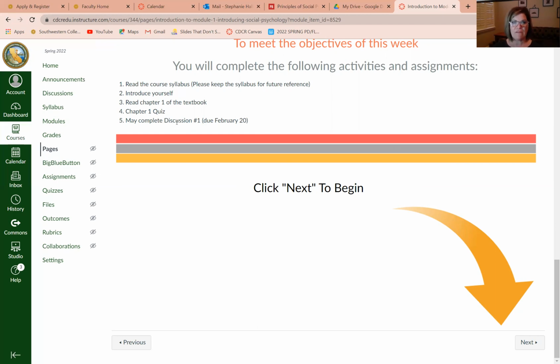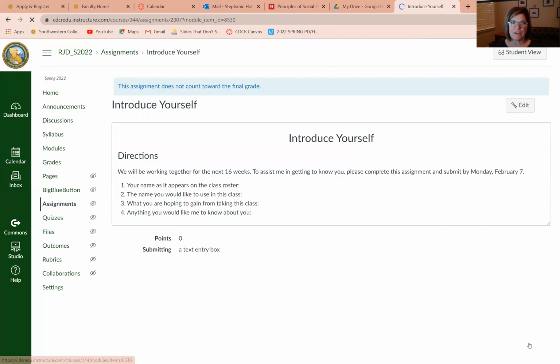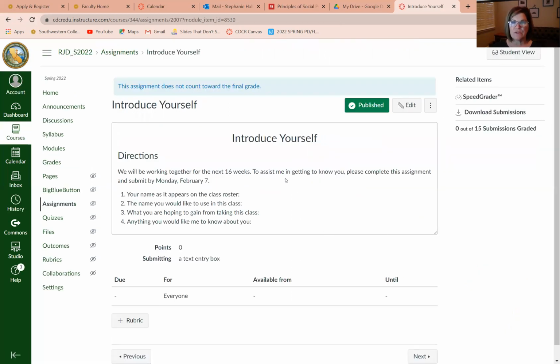And then you have the discussion board, or the discussions. This is an assignment. I noticed that we've been using it to kind of talk to each other, and I get it. It's exciting. So that's fine too, but do make sure that you use it to submit your discussion assignment, and we'll take a look at that. And then you come down here at the bottom where it says next, and that's going to take us to the next page, which is that Introduce Yourself